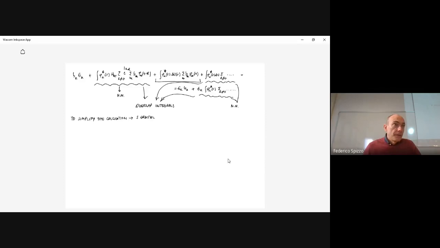So the B coefficients are all 0 apart from one. So B of n is 1 at the end because there is just one orbital in the combination. Having this in mind, we have that E of n, that in this case is E of s, the energy of the s orbital,